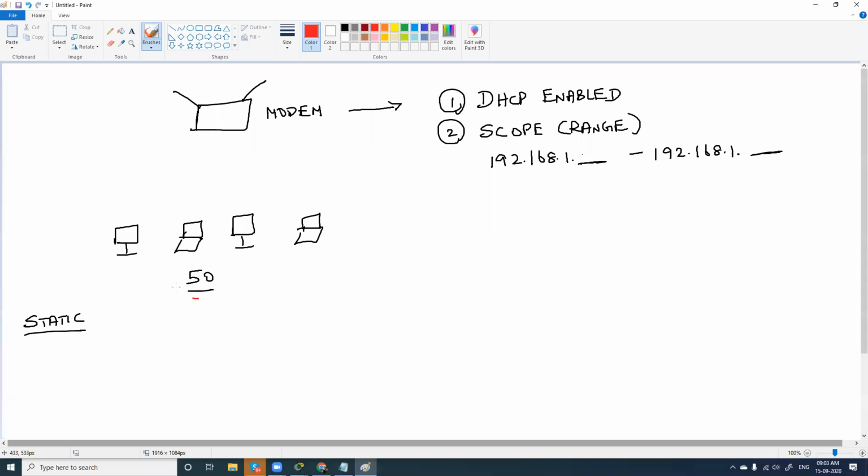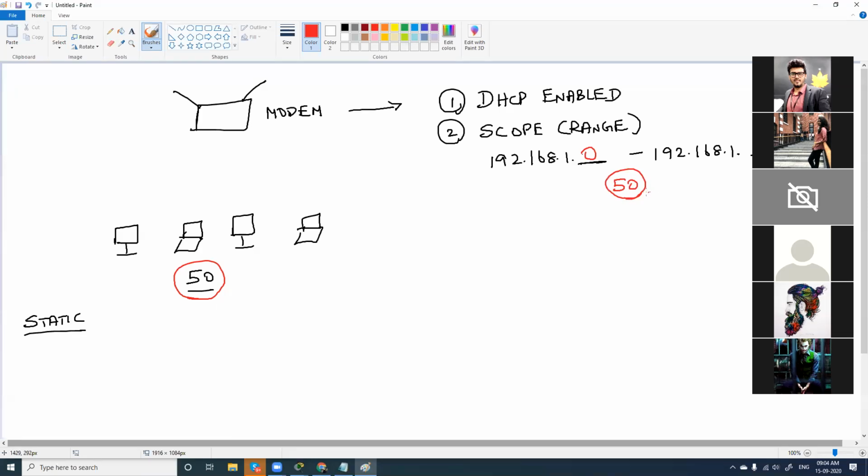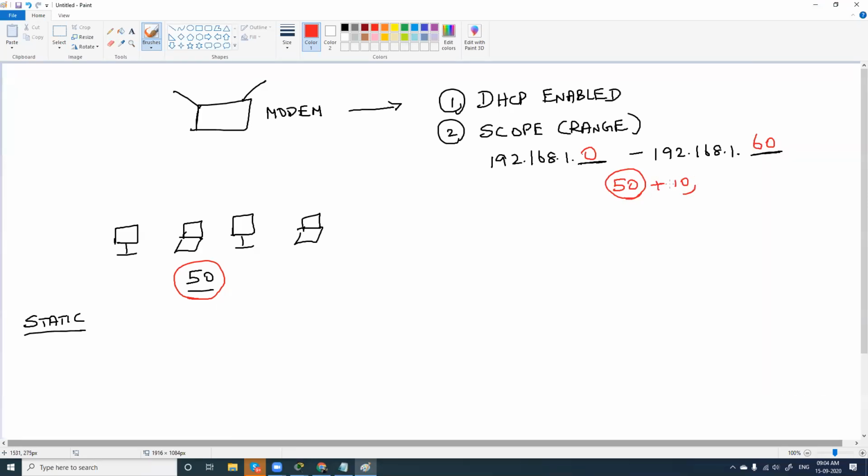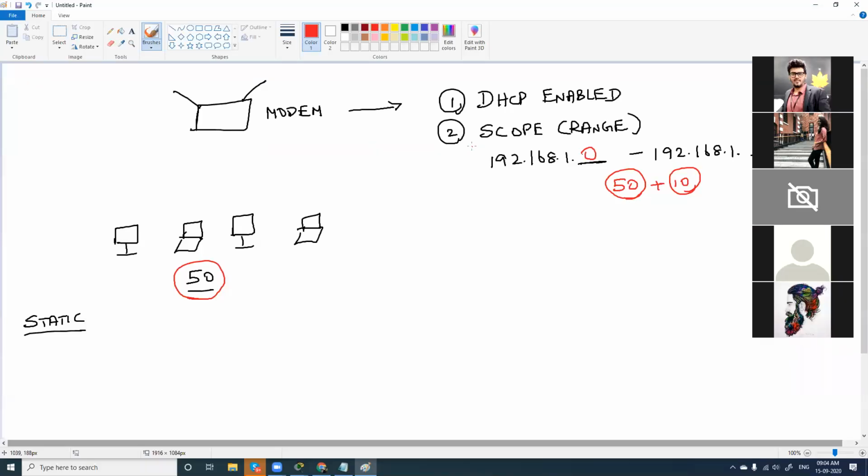So how many computers do you have in your network? You have 50 computers. On the safer side, I will start from 0 and give till 60. Why? This way it can assign 50 IP addresses to 50 computers plus 10 extra devices, just in case we need them. So this is the DHCP scope.